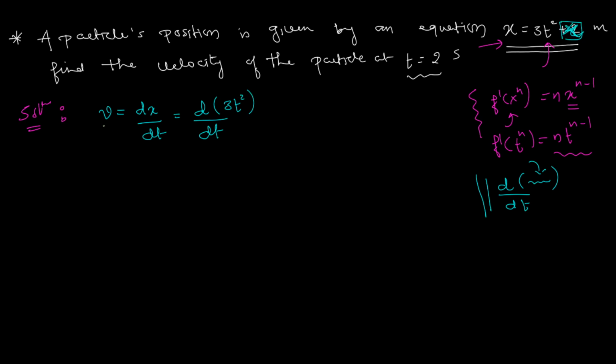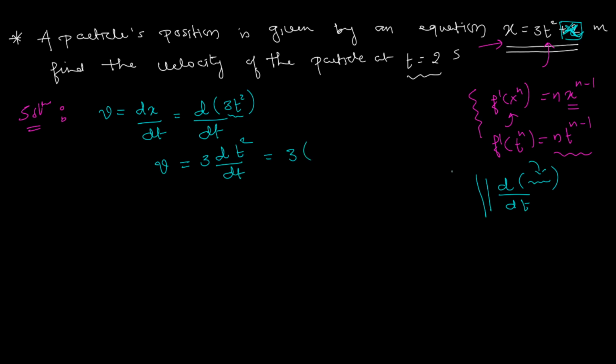Anyway, coming back to the point. So velocity is what they've asked. Velocity is the rate of change of position, and then d by dt of that very function, which is 3t squared, is going to be equal to, 3 being a constant, and I'll explain all these things later, right? Whenever you have a constant multiplied with a function of an independent variable, in such cases you can just keep the 3 outside, and then you'll be left with d by dt of t squared.